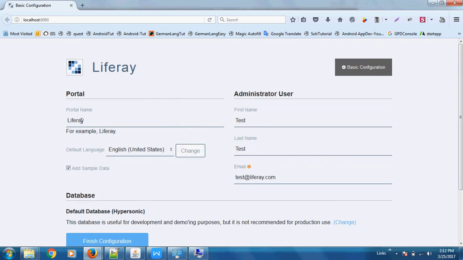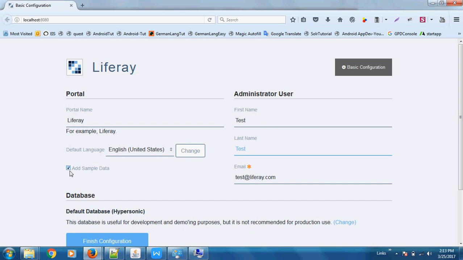Here you can change the name of your portal, your desired language, and the first name and last name of the default user that gets created in Liferay. Liferay will create a default user for you to be used as an admin, and you can also configure the email for that. By default Liferay uses this test user account with the email test@liferay.com.